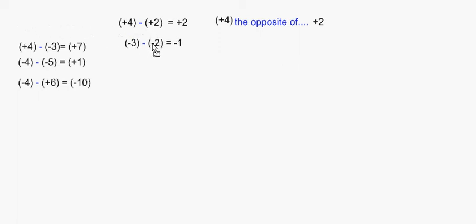The next question right now says start with -3, and then I'm supposed to take away 2 negatives. But I could also say that I start with a -3. And then the subtraction sign says take away, but it could also mean the opposite of. And instead of the opposite of negative 2, we want to do